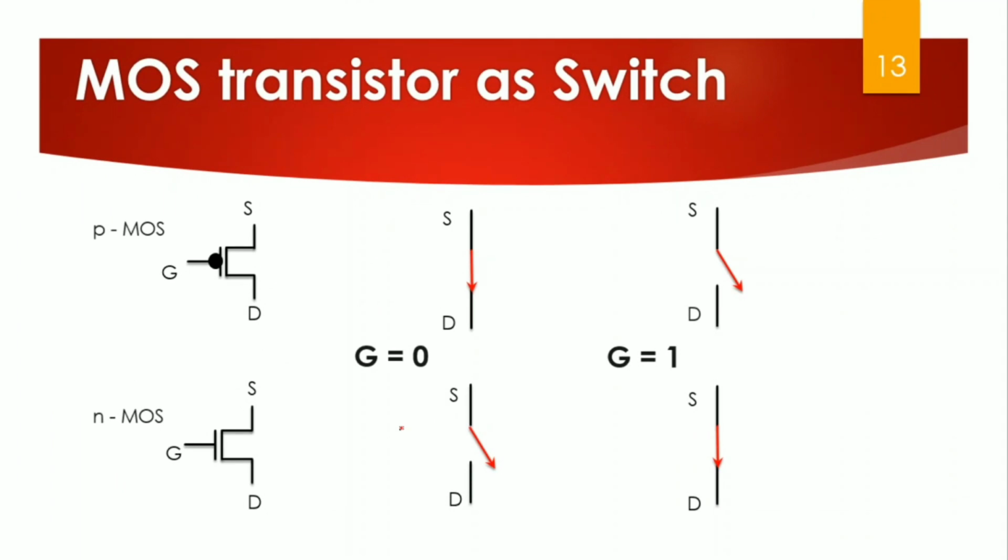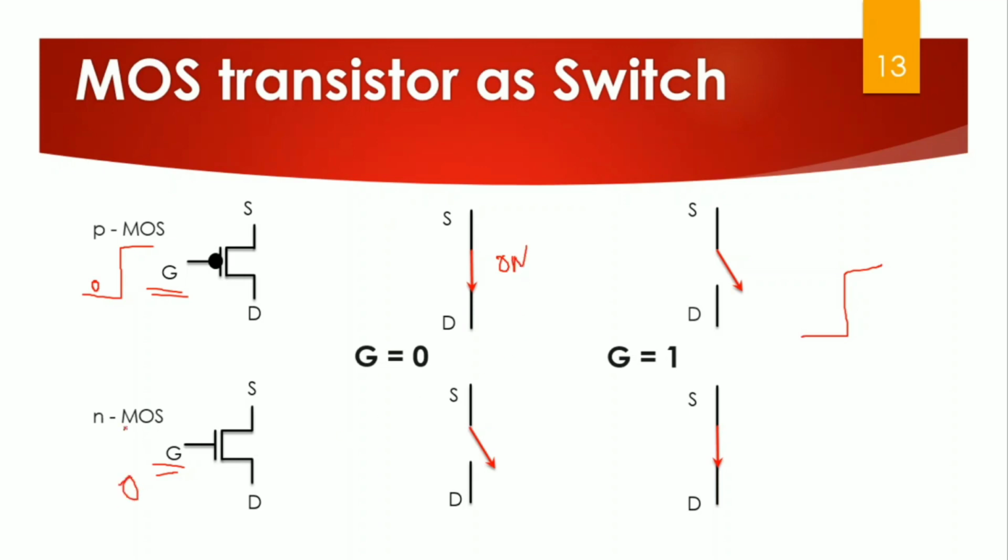Next, MOS transistor as a switch. So in this complete part of theory, we are going to study the application of MOSFET into the digital applications. Therefore, we study the MOSFET with respect to 0 volts and with respect to 1 volt. So the input is always given to the gate terminal. When I give 0, what happens? Because when I give 0, here you have a bubble, so it works in opposite. So you will be getting 1. It means PMOS will turn on.